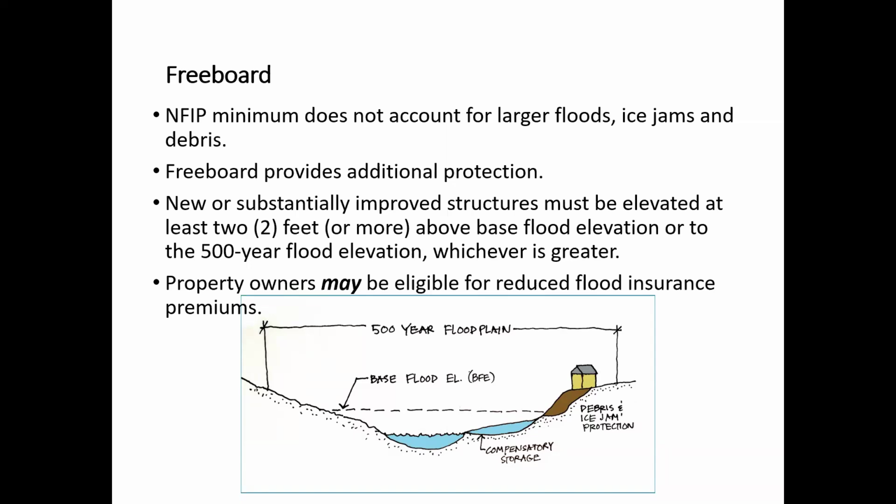The NFIP minimum would allow that. But residential space, dry or wet proofed below BFE, is not allowed. Residential space has to be above BFE. Residential space or the entire structure? In a mixed use structure, this space. Well, if it's not mixed use, but it's residential, then